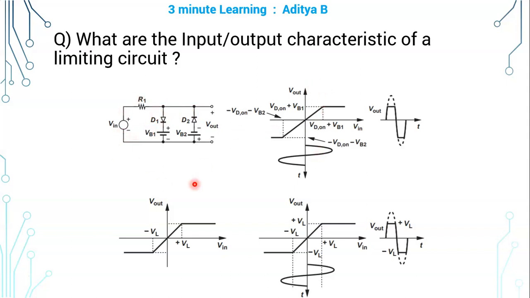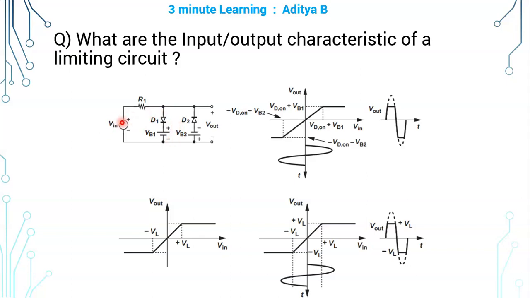If we know the operation of the circuit, then only we can draw the transfer characteristic curve and also the output waveform. In this circuit, whenever input voltage is greater than the VB1 voltage for an ideal diode, or whenever Vin is greater than VB1 plus 1 diode drop for a non-ideal diode, then this diode will be on. This diode acts as a short circuit and hence the output is saturated or clipped or pinned at 1 diode drop plus VB1.